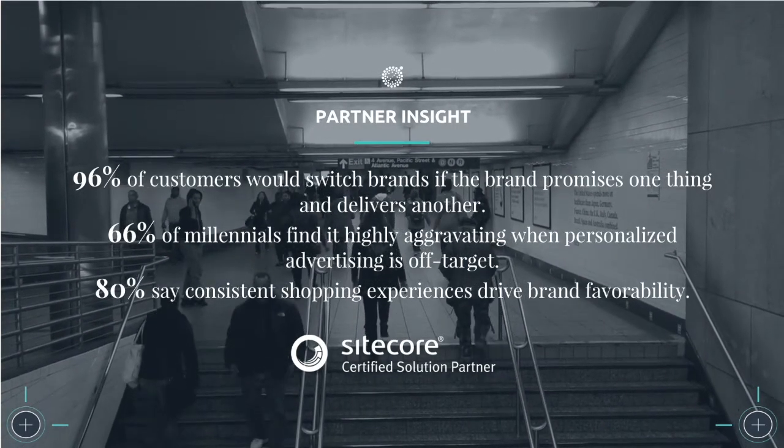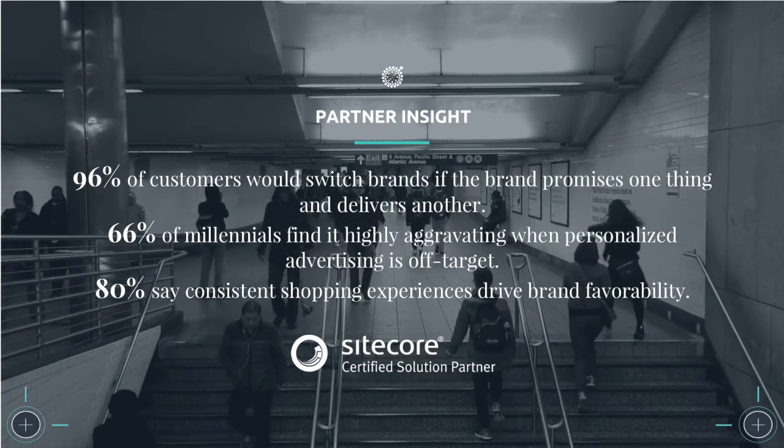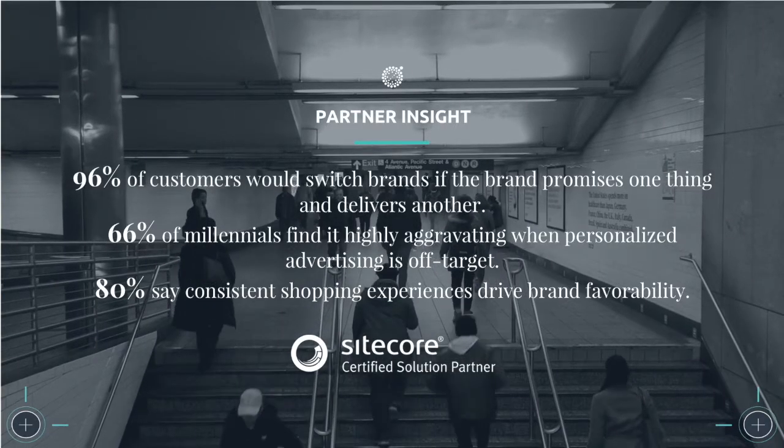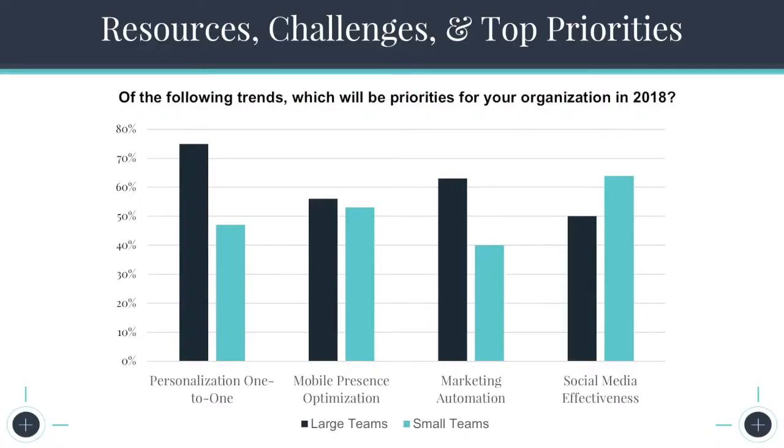So as our Chief Digital Officer, Jeff McPherson, likes to assert, it's no longer B2C or B2B, it should be H2H or human-to-human marketing. For our 2018 State of Digital Marketing Report, we surveyed 150 marketing leaders to find out their priorities and what they see as marketing challenges in 2018. So, like a lot of you on the line today, we found that marketing teams are prioritizing personalization and one-to-one messaging. They are also prioritizing mobile optimization and social media effectiveness at a higher rate than they did last year,